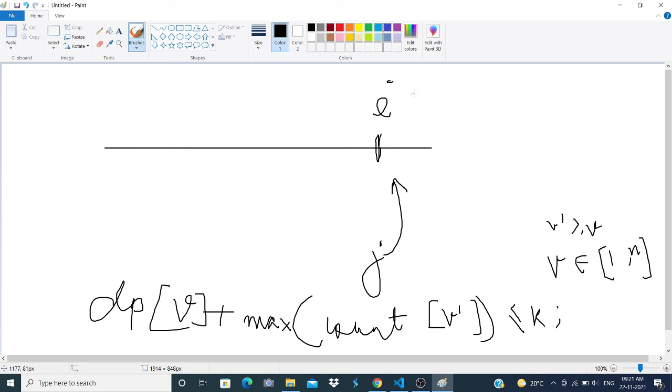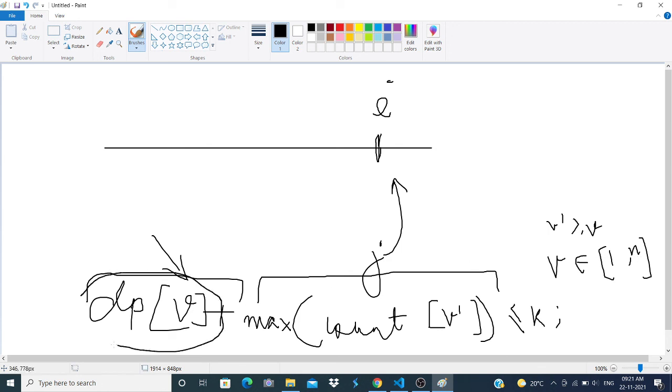So yeah, you just need to do this. You need to just check this thing, like dp of v plus maximum of count of v dash should be lesser than or equal to k. You need to check for all the v's starting from 1 to n. Dp of v means the length of the longest subsequence ending at position v, right?